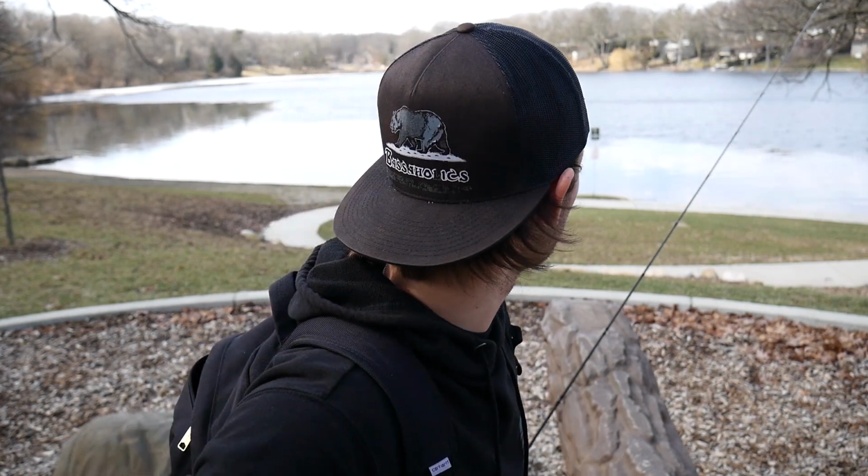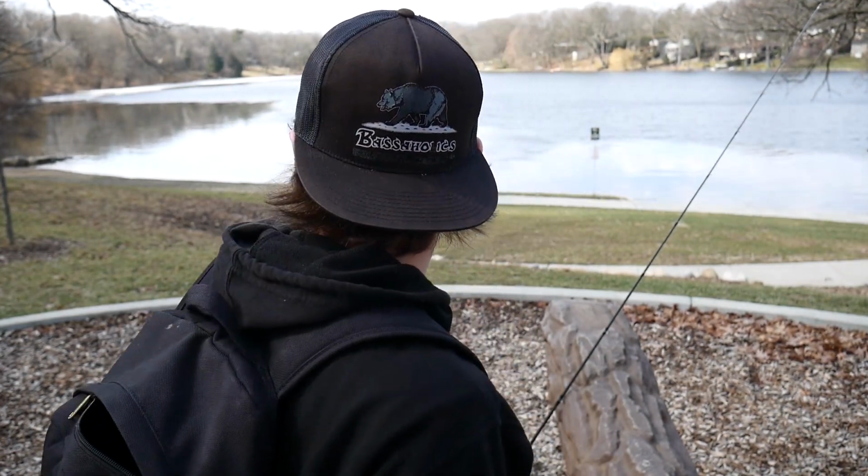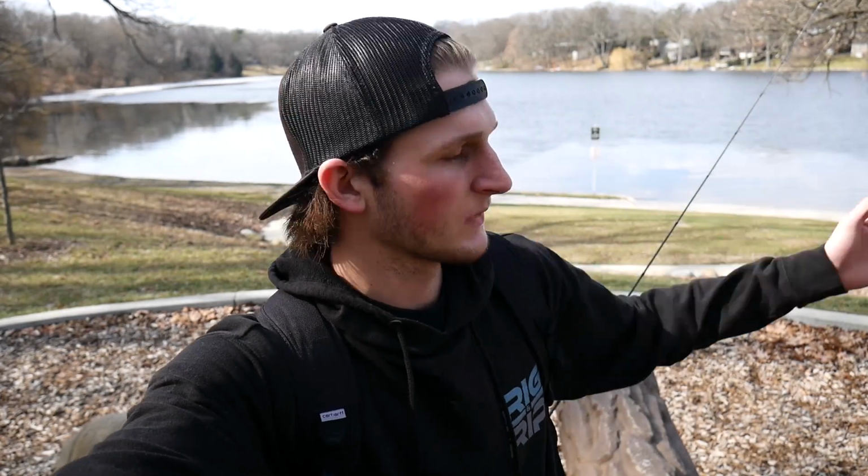First day of open water season for me, at least. Had some time to kill in between classes, so I thought I'd come out and try my hand and see if this pond was unfrozen. Which it doesn't really look to be completely unfrozen, but at least some of it might be fishable. So I got a jig. We're gonna hit it hard and we're gonna try and see what we can pull off for today's little fishing